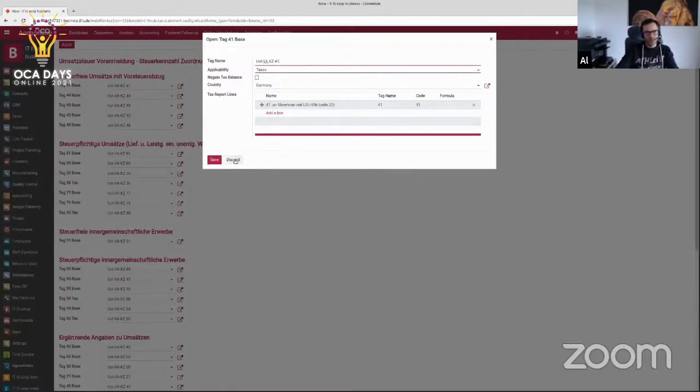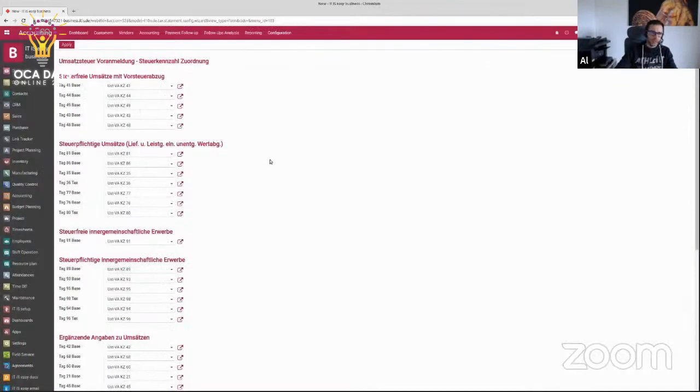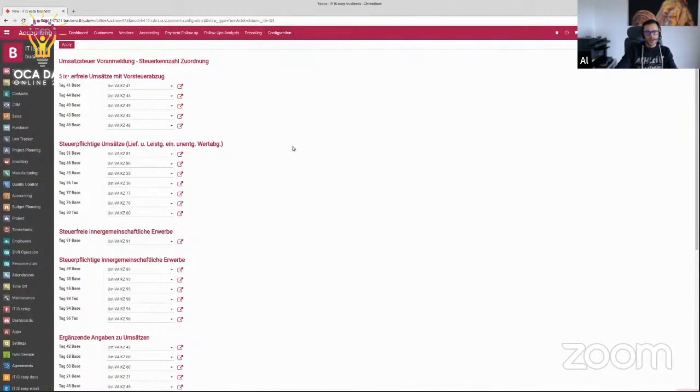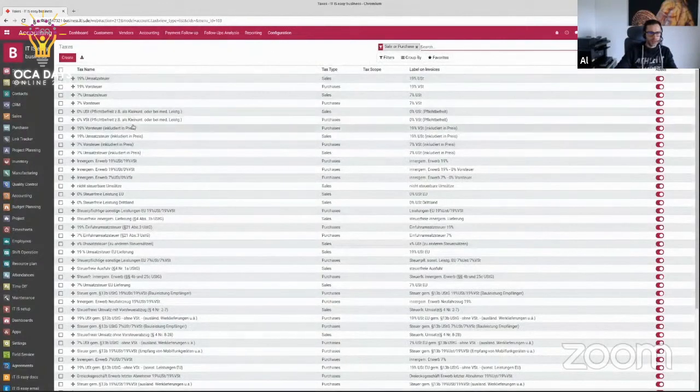And based on that configuration, it will fetch the values and put it in the right section of the report, which is some effort in the beginning, but in the end, of course, it's a great benefit, because if there are also some changes like we had last year for the reduced tax, then you can easily configure it and adjust it according to the needs. So this is the one hand side to configure the German tax, but then there is also a second step for the configuration, which needs to be done on the tax itself. So when we open here, for example, 19%,